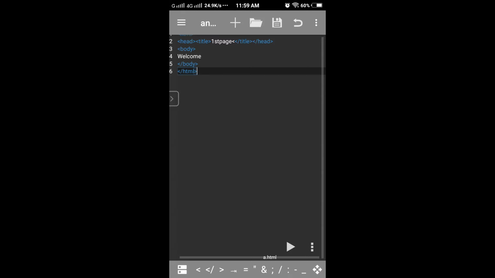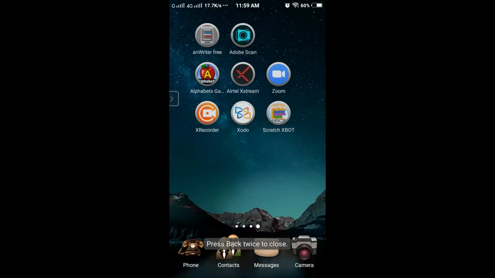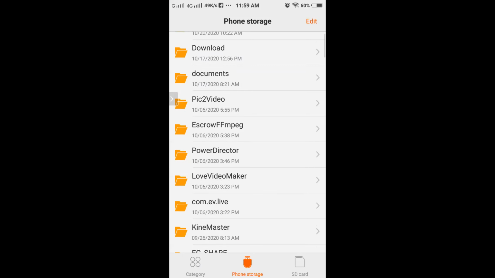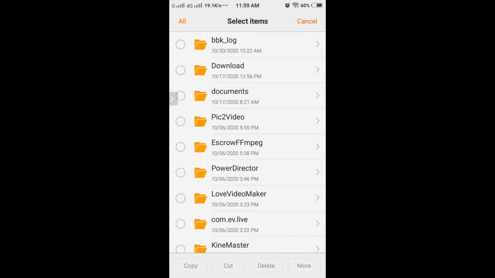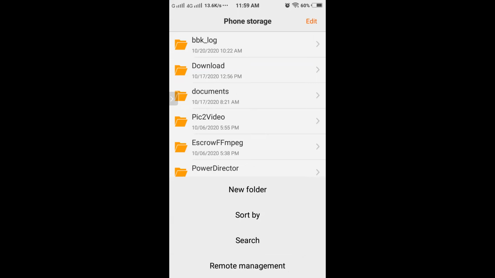So for that, exit this window, go to File Manager. There is an option of new folder.